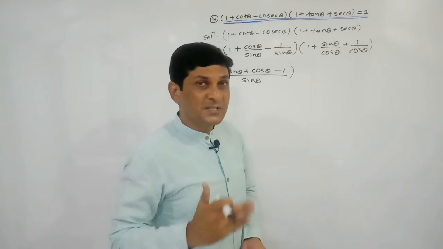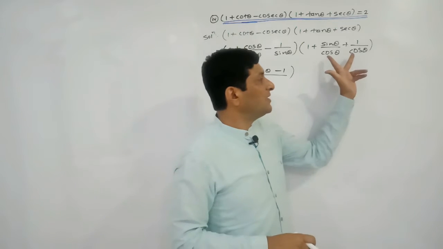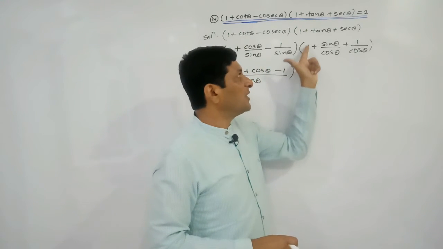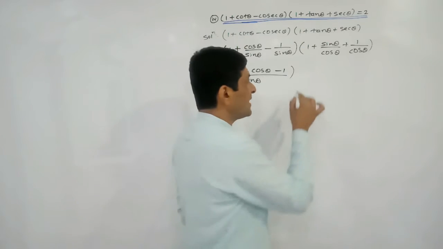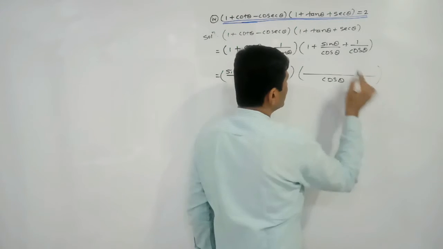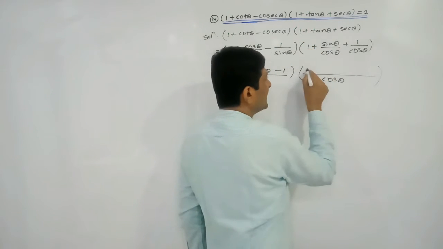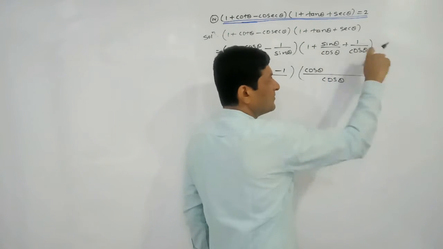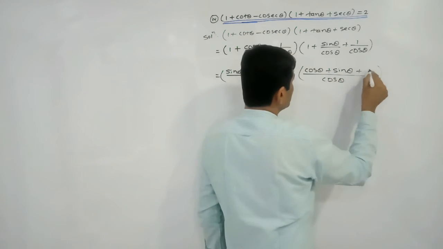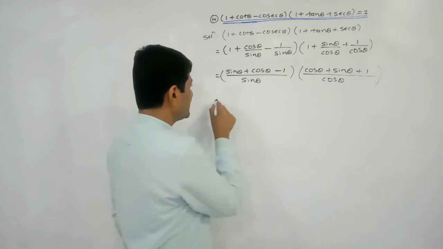If you will observe the second bracket also very carefully, denominator of 2 term is cos. To get cos in the denominator, we have to multiply numerator and denominator by cos. If I am multiplying numerator and denominator of first term by cos, here we will get cos theta, and denominator of every term becomes same, plus sin theta plus 1 keep it as it is. So which is equals to